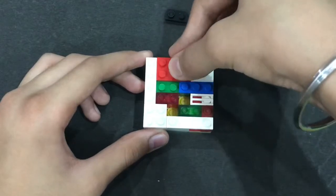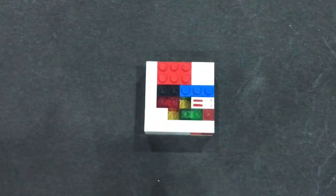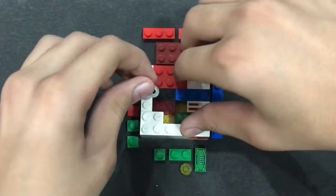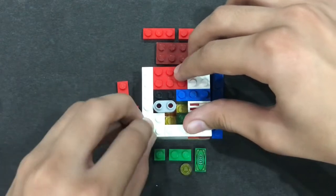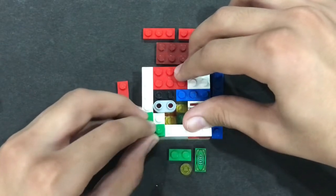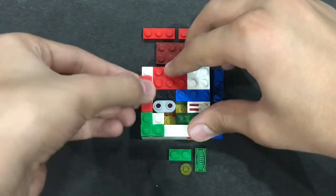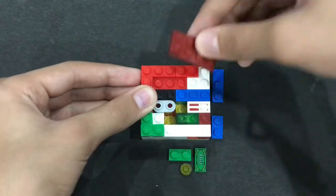a 2x3 plate and a 2x1 plate goes there. Now I'll take a 2x1 plate with round corners, and these round corners are important. A 1x1 plate goes on the corner, another one and another 1x1 plate, and these all plates are colored because now we're making the color rim. So 1x1 tile, a 2x1 plate, a 1x3 plate, a 2x1 plate, a 2x4 plate,